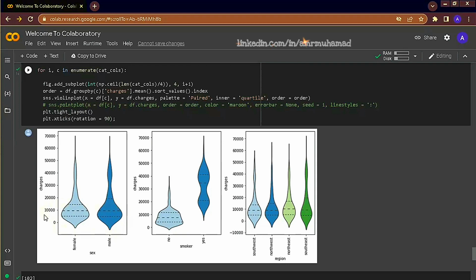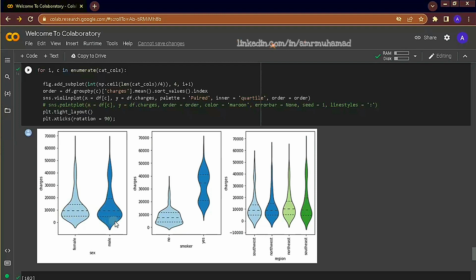If you look at this specific violin, this big bulge here depicts the distribution of values in this area, so most of the values are concentrated here. So think of this as the positively skewed histogram you saw earlier for charges, but in terms of gender category.